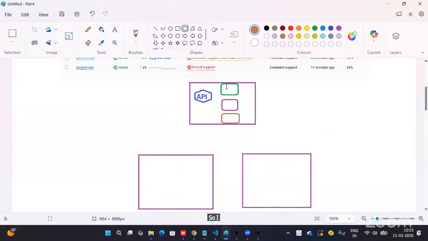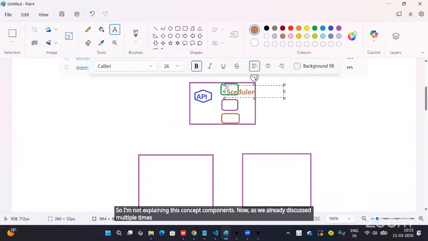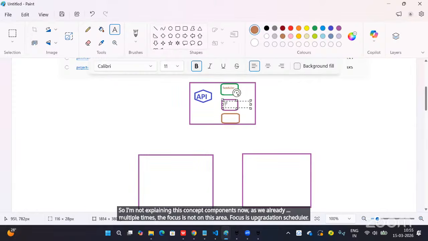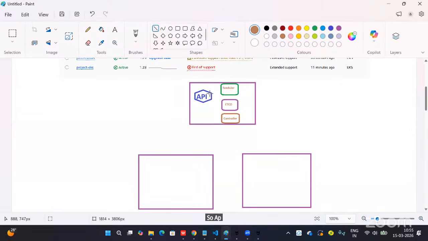I'm not explaining these components now, as we already discussed them multiple times. The focus is not on this area. The focus is upgradation. So the API will connect to the scheduler, etcd, and controller.